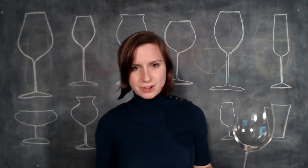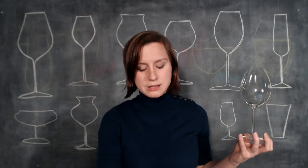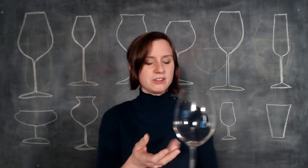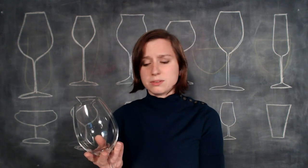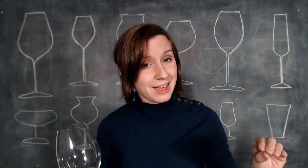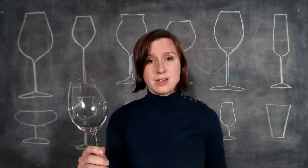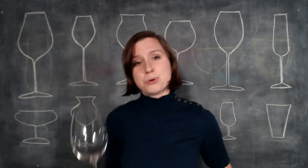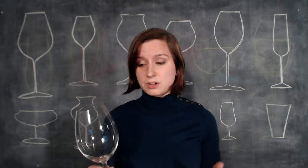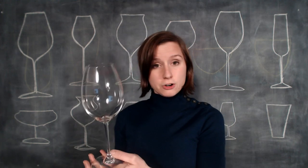When it comes to stemless versus stemmed, and you'll notice that all my glasses are stemmed, it's a preference thing, it doesn't really technically matter that much. As long as you have the right shape that you're working with, it doesn't really matter if you want a stemmed or stemless glass. That said, there are a few features and benefits to a stemmed glass that might push it over. I know they're hard to clean, they're a big pain in the butt, and they break all the time, but you might want to have one, and here's why. Firstly,